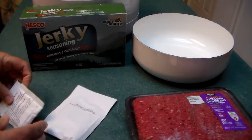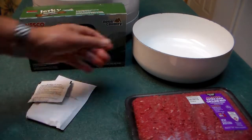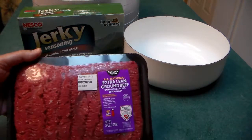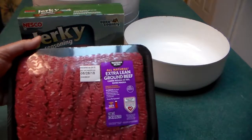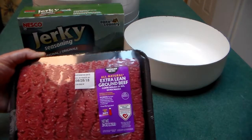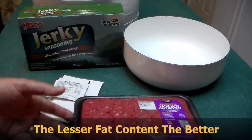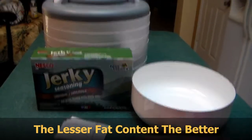This is the seasoning and this is the jerky cure. I'm going to mix a little bit of water in here with these two, and then I bought 2 pounds. So I bought 2 pounds of extra lean ground beef, which is 96% fat-free. That is the best to make beef jerky. And then I'm going to load up the